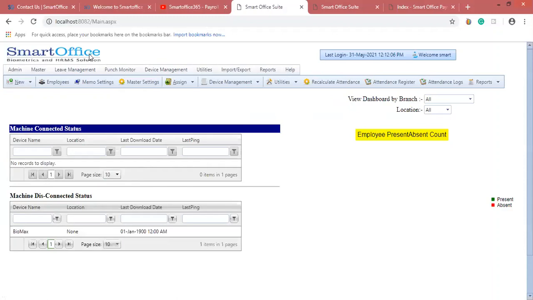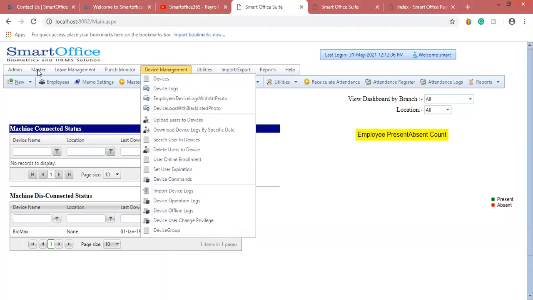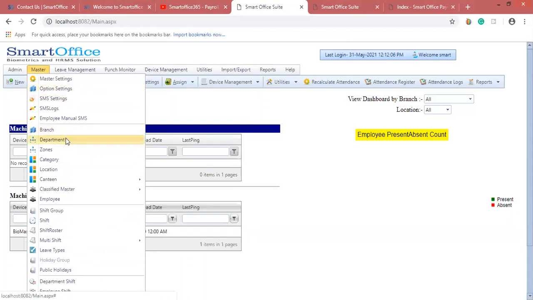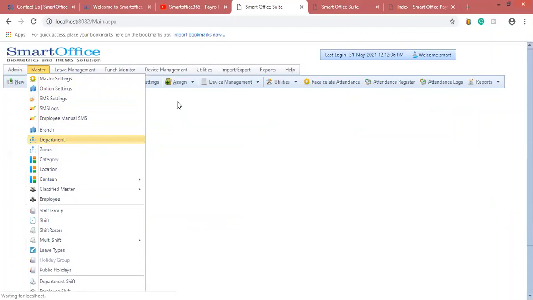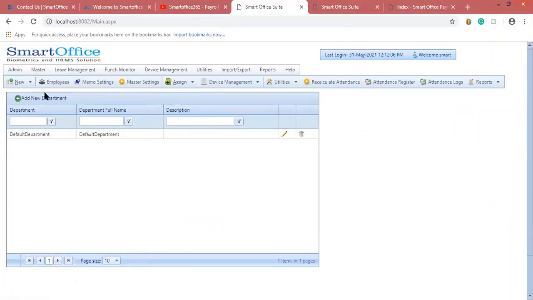And if you have department wise shifts, it's better to categorize your employees department wise, say technical people, non-technical people, teaching staff or non-teaching staff, nurse staff, doctor staff. So you can just create the departments and assign those departments to your employees.